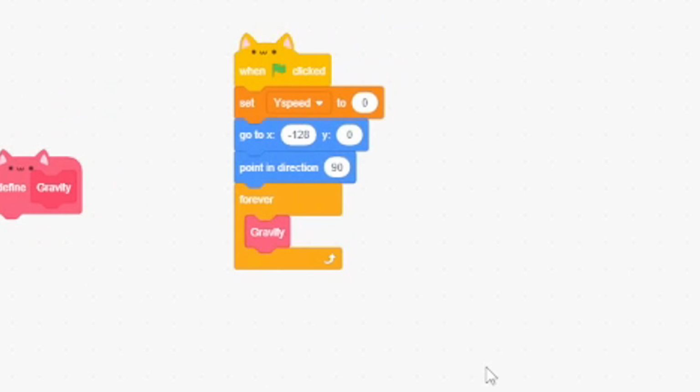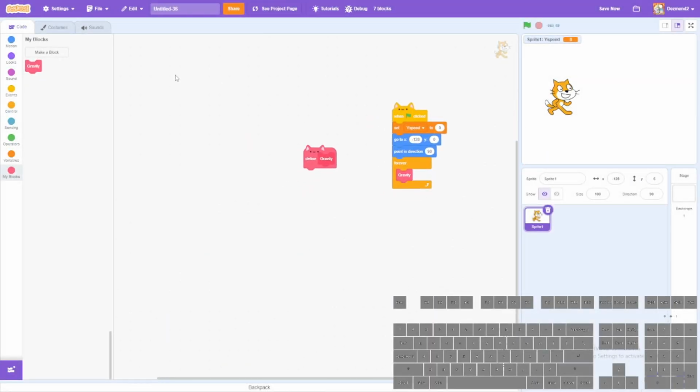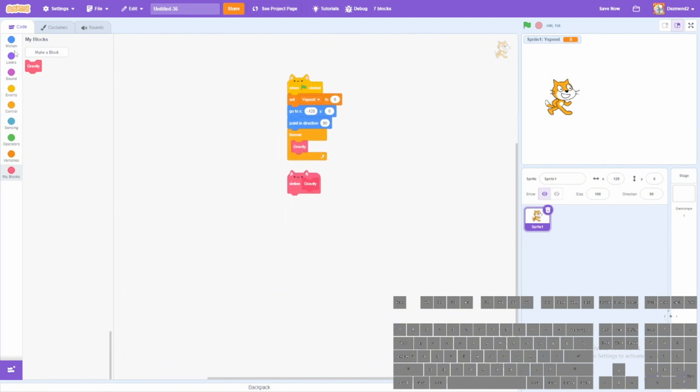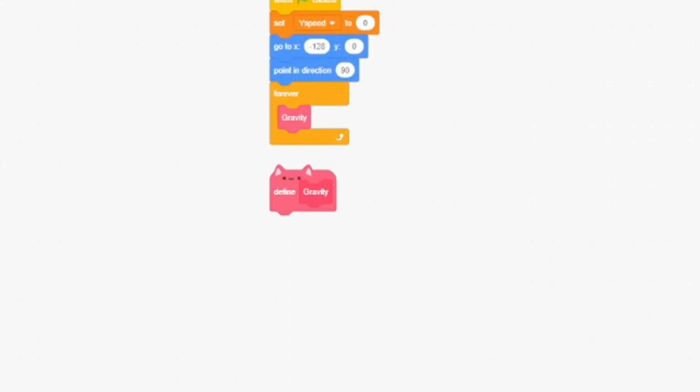So, now let's in this define gravity block, let's bring a change y by y_speed, and then let's turn this way to, so,